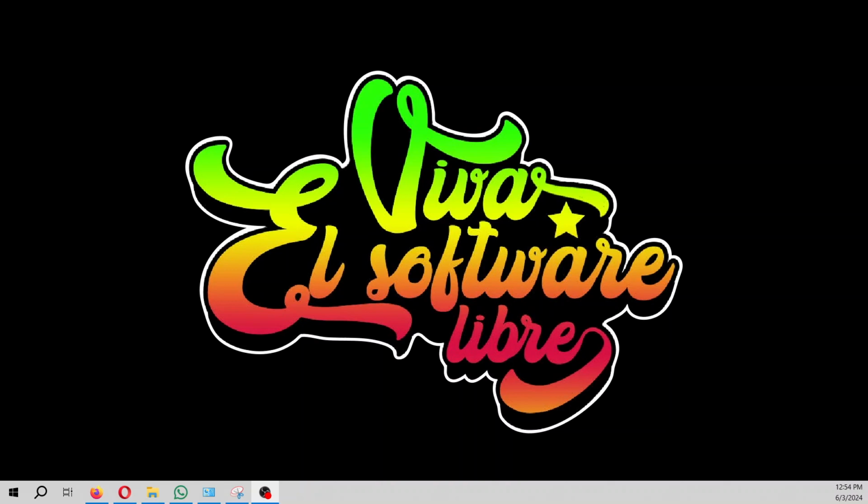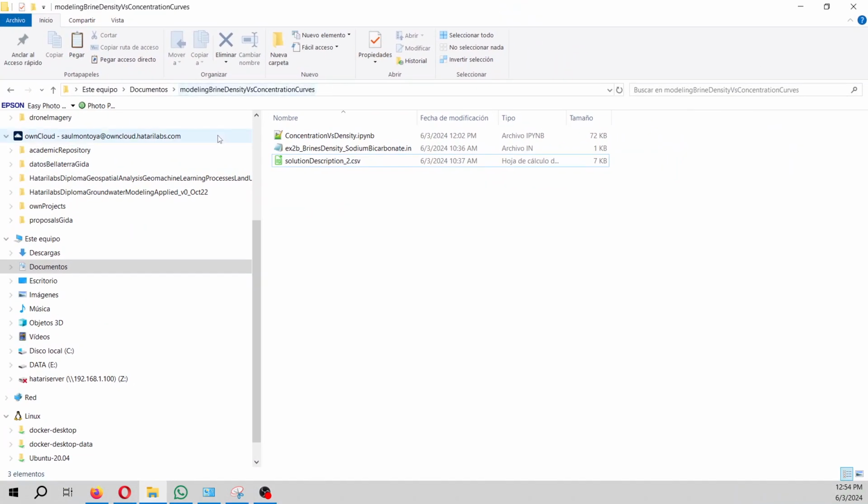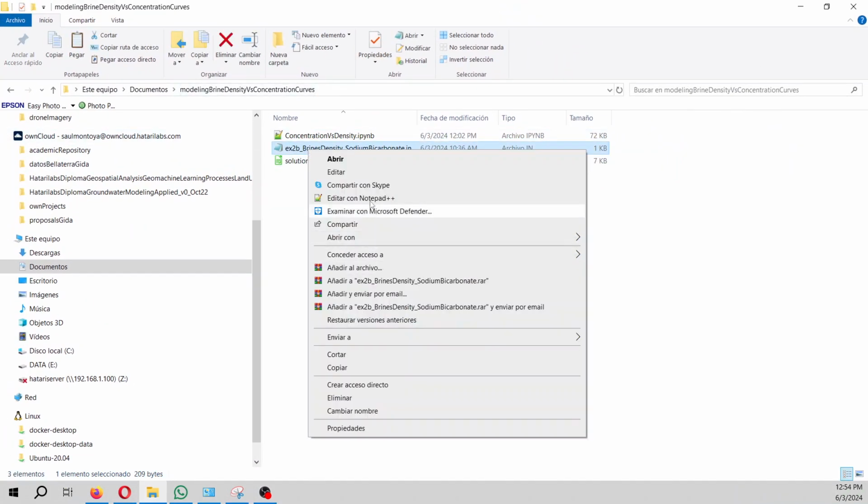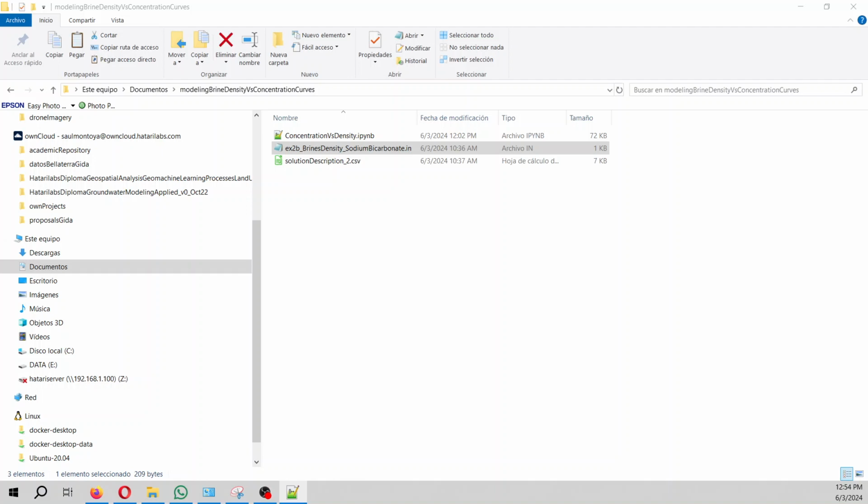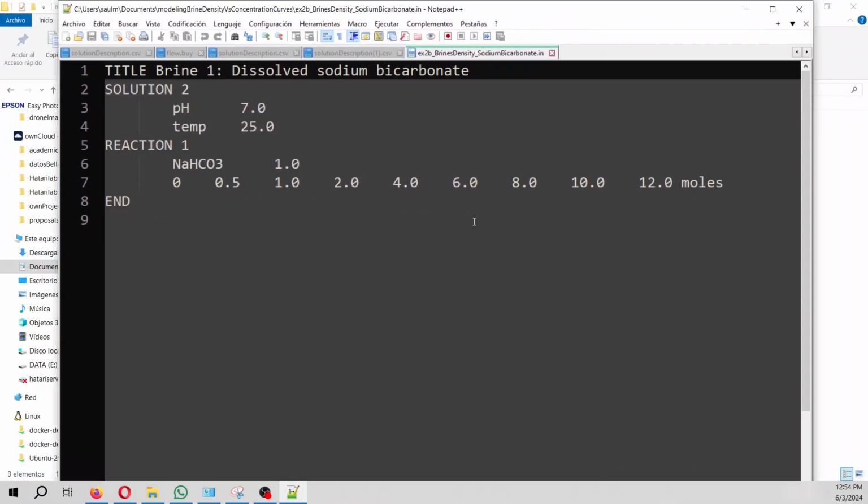Today we are going to do a tutorial where we are going to simulate a brine, and in this case, the brine is sodium bicarbonate. We are going to react pure water with different concentrations of sodium bicarbonate in order to get the curve between concentrations and density, because we want to see, for each concentration, the corresponding density